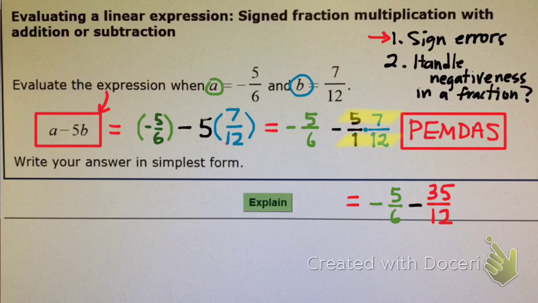So now that all of our multiplication is done, now we can add and subtract if we need to. Order of operations, we're all the way to the end of it. So we have to carry out the subtraction. And this is where we were saying we've got a lot of minuses going on in here. Let's make sure that we don't commit another sign error along the way. So here's my recommendation on handling negativity in a fraction. Say I have, let's just pick a simple fraction,